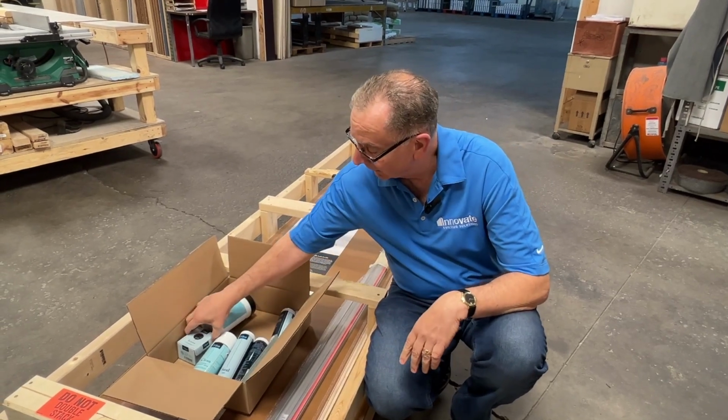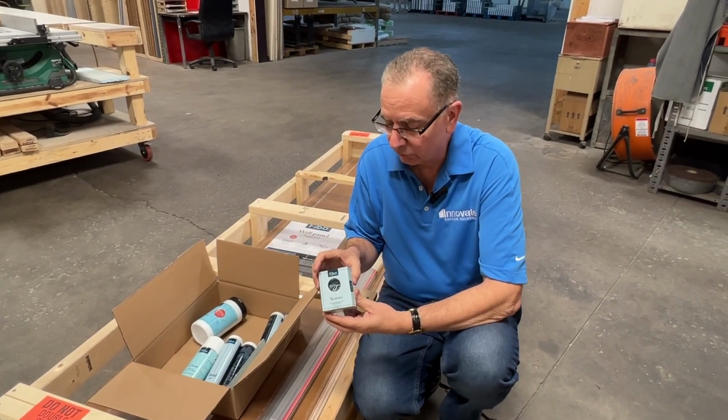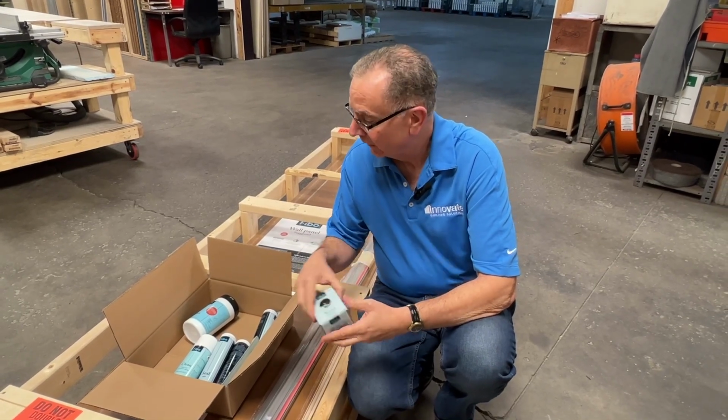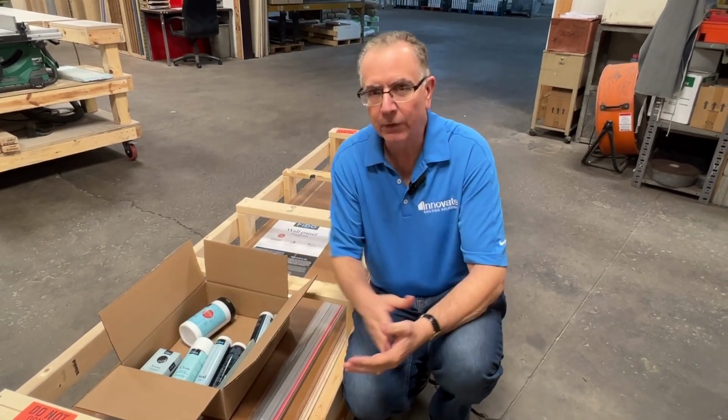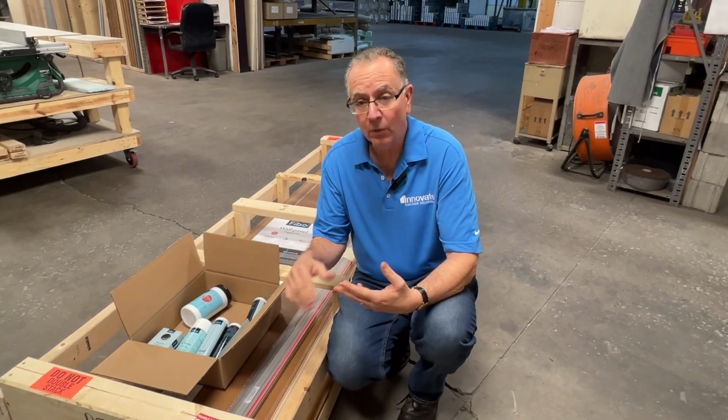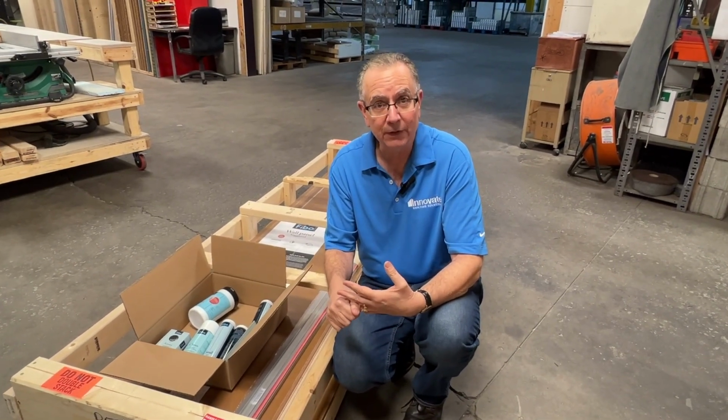And then in addition, when you're installing the screws, these are absolutely the right screws to use inside of the system. So if you have any question whether you got the right amount of stuff or how to use anything, there will be installation instructions we can certainly get for you. Or you can give us a call,